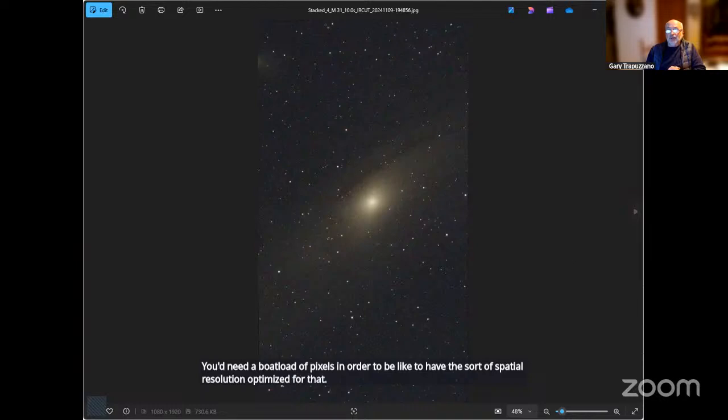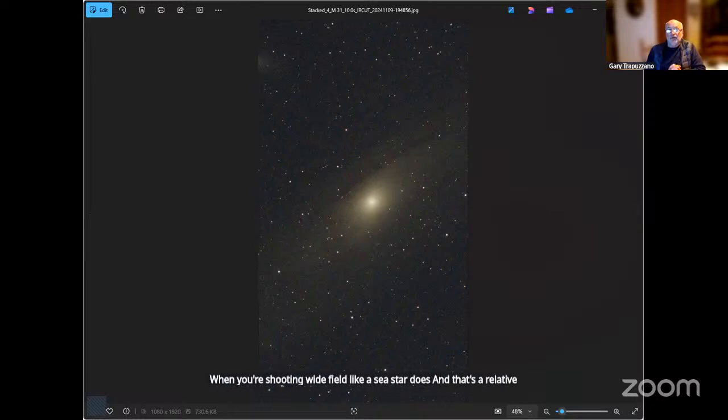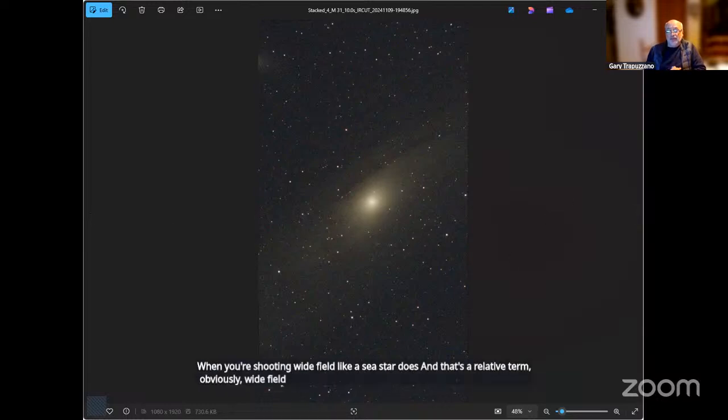So when you're shooting wide field like a C-Star does, and that's a relative term, obviously, compared to a real long focal length setup,